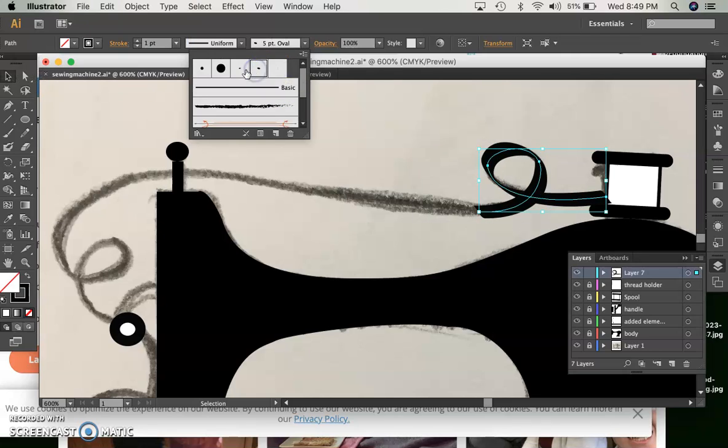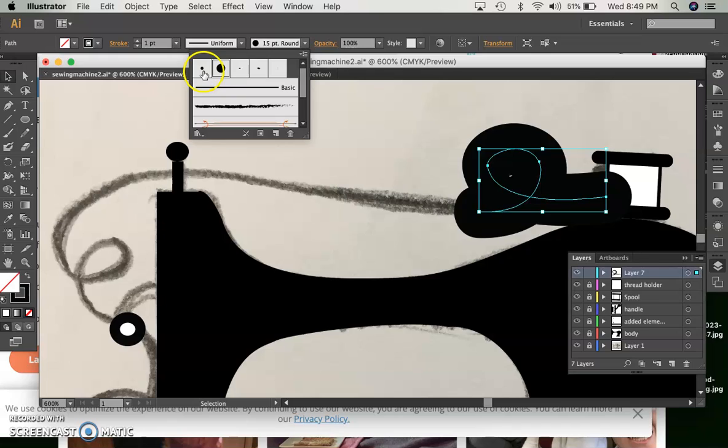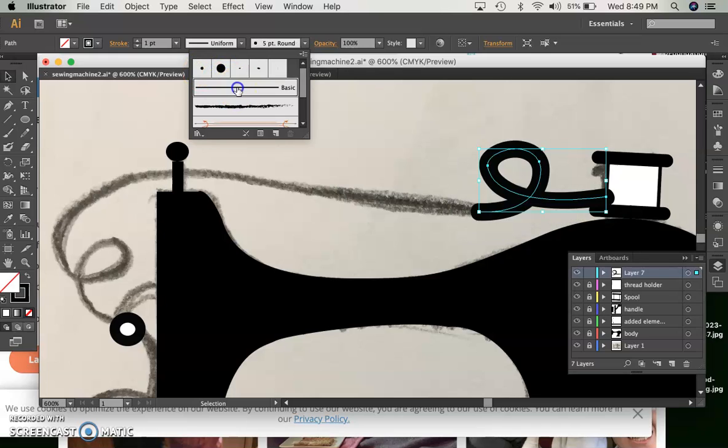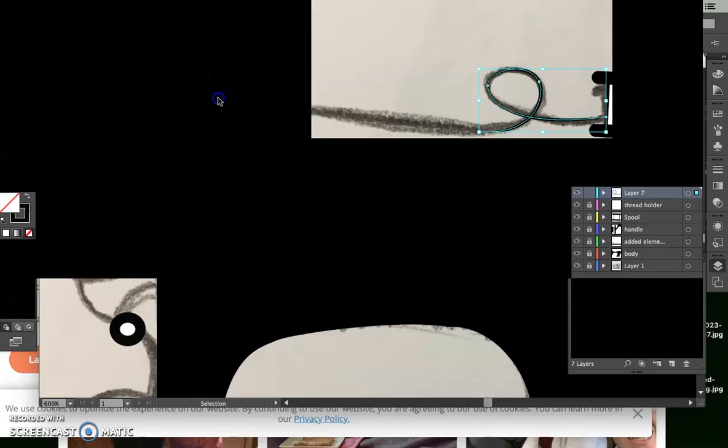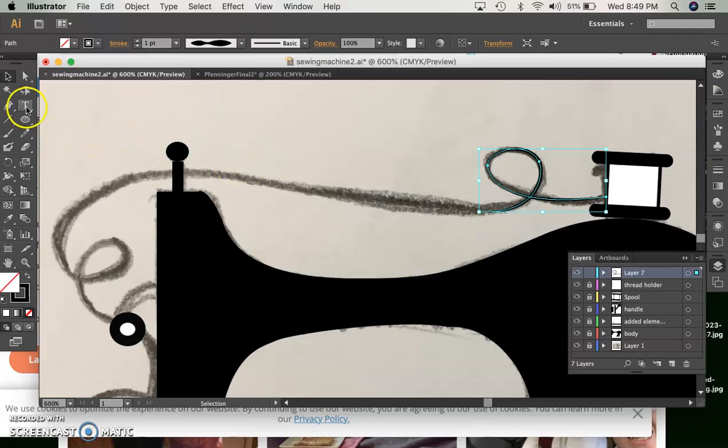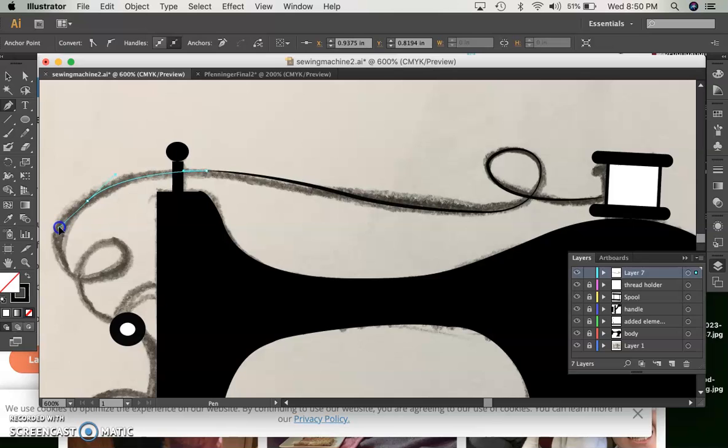This one's really interesting. That one's really interesting. This is actually probably closer to what I would want. That one's crazy. That one's not what I want. So I'm going to stick with basic and I'm going to play around with this width profile. Going back to my line and creating more, I can play around with this and see how it turns out, thick and thin,